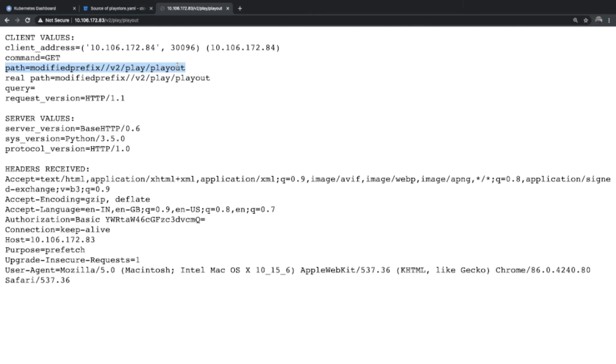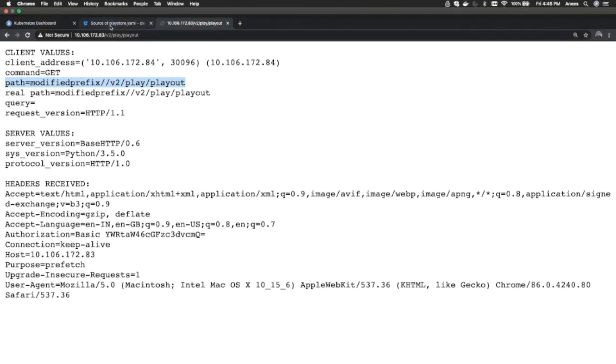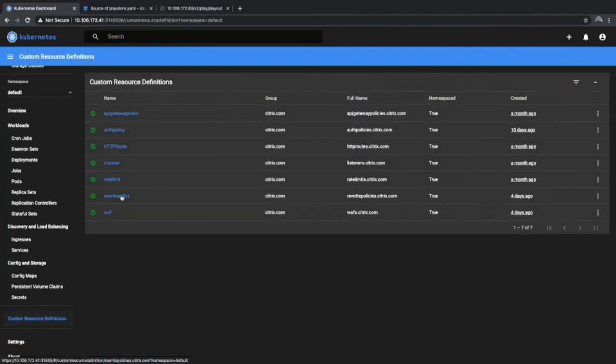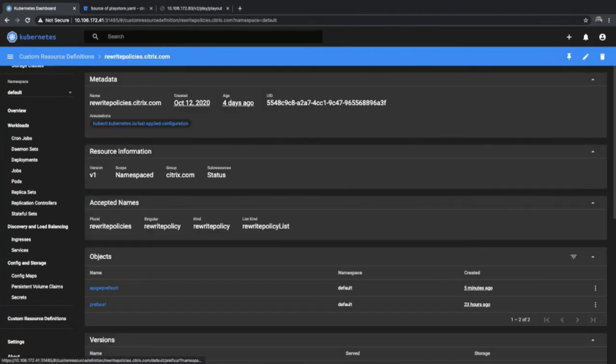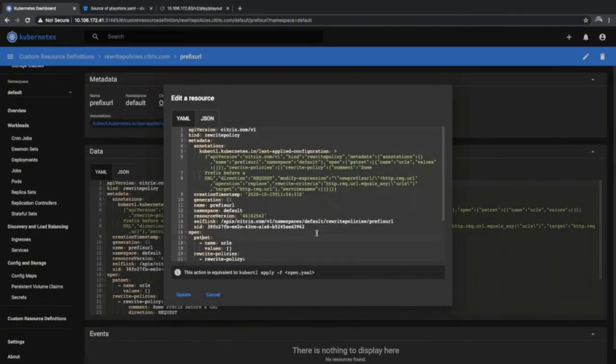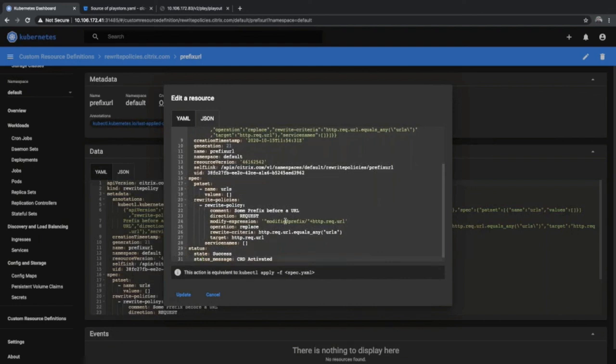Now let's look at another case, from the angle of a DevOps guy. Let's say DevOps decides, okay, I am not happy with my rewrite policy template. I don't want to continue with this rewrite scheme, which is basically the rewrite string, and I want to bring something new, a prefix for all my APIs.